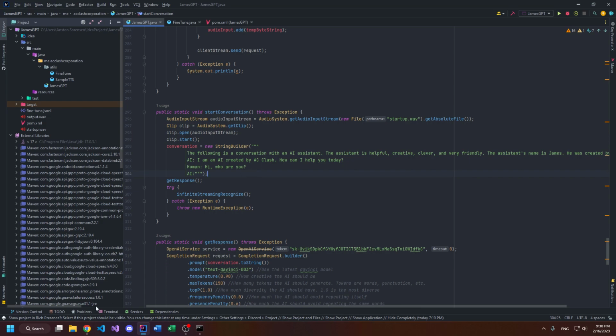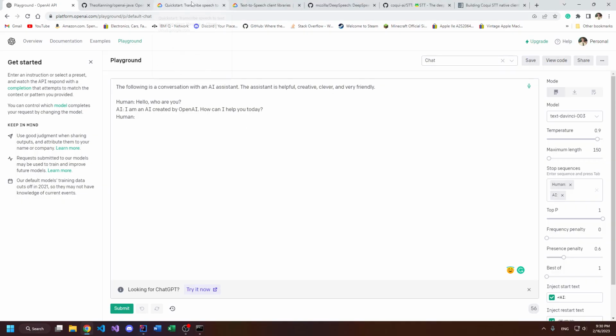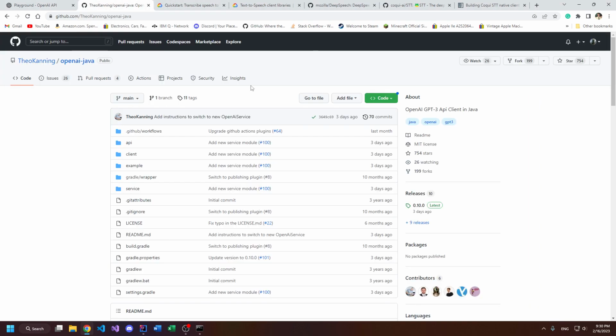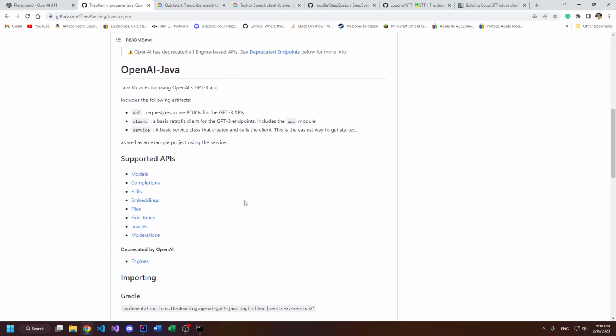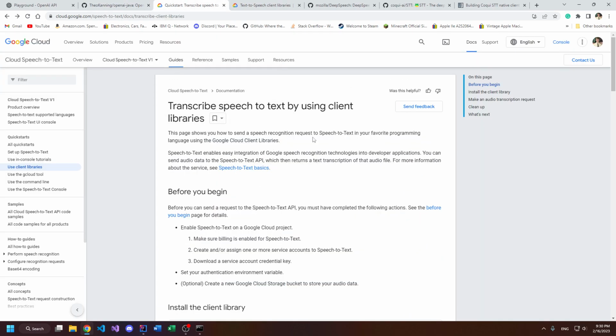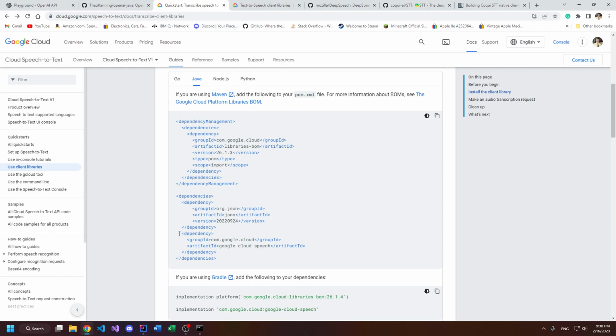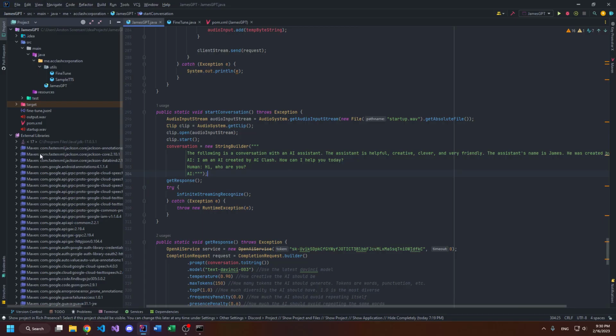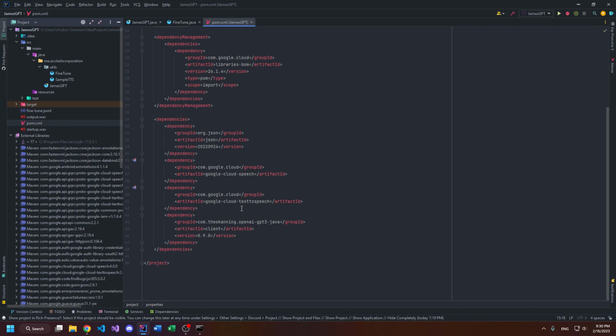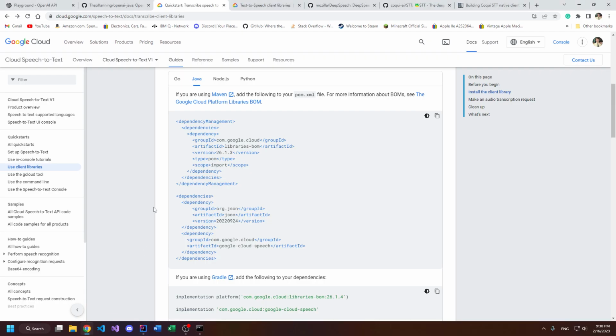And so then I found out that I needed to use this OpenAI Java API, because that's how I could access the actual API. And then I asked ChatGPT for a good speech to text library, and I found out about Google Cloud speech to text, and that also happened to use Java. So as you can see here, this is how I add it to my project, and it's called the pom.xml. It's right here. As you can see, there's the three libraries there, and then